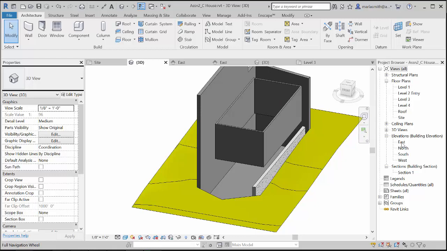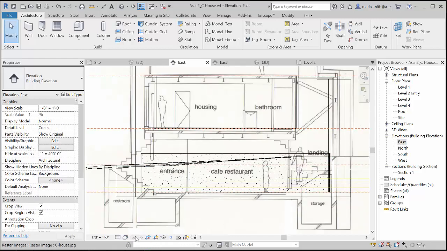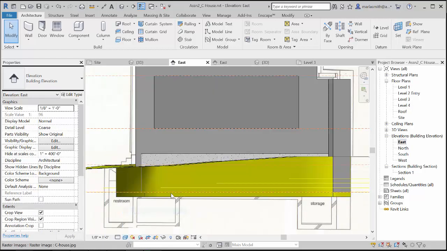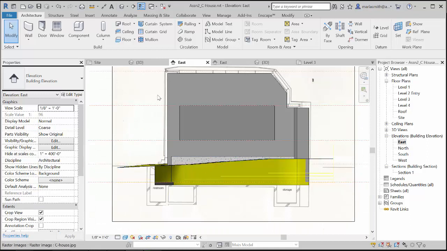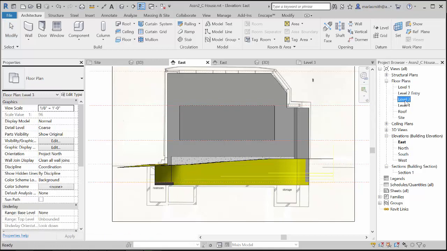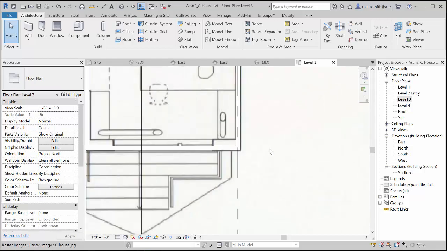So if we look at our east elevation at this point and we go to a shaded mode, you're going to see how those levels are controlling kind of where things are, particularly with this box, but it also helps us understand where everything else is relatively in the Z. So we're going to put a floor right here, which is level 4, a floor right here, which is level 3. So I'm going to go to level 3, zoom out,